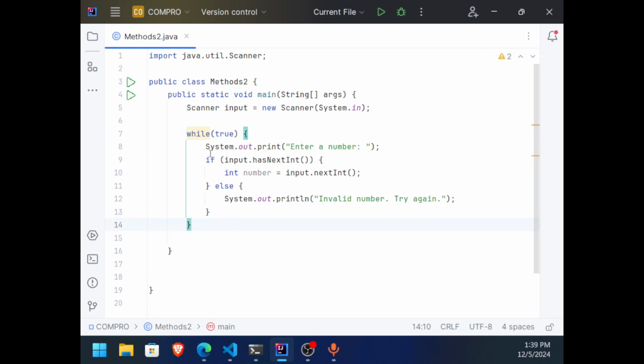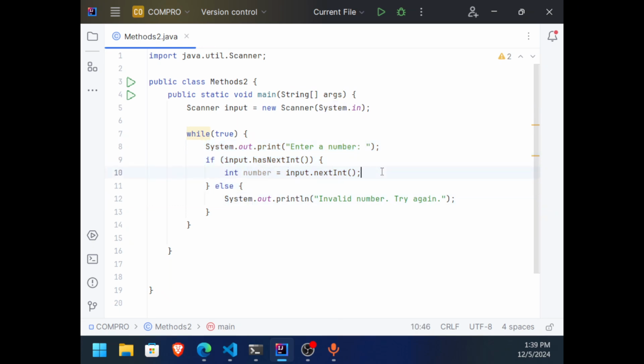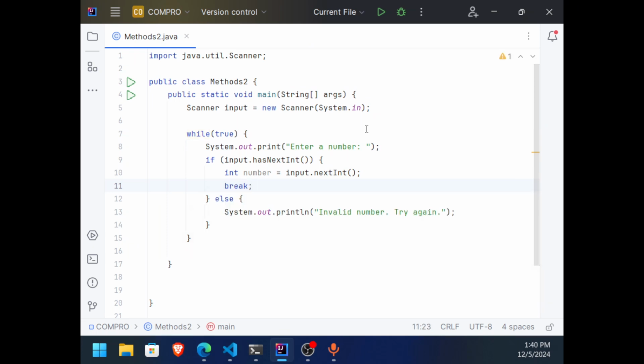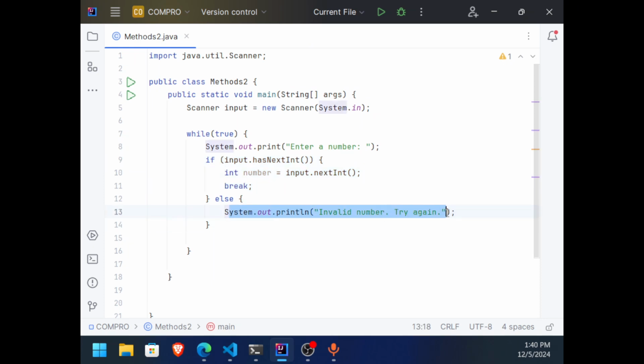And then if the valid number is given, we can just break out of it, right? But after that, what if we enter an invalid number and then we bypass this?